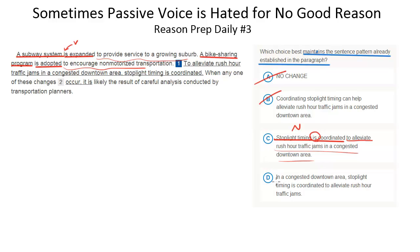And in D, we have this prepositional phrase to start. That's not going to match at all what we're looking for. So the best choice, as we saw previously in the beginning part of this video, is C. Now, what do I mean by sometimes passive voice is hated for no good reason? Well, first, let's talk about active versus passive voice. So active voice